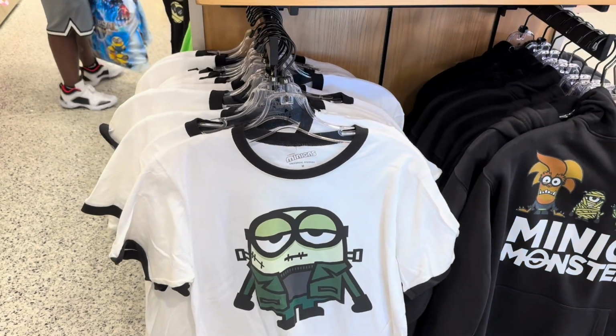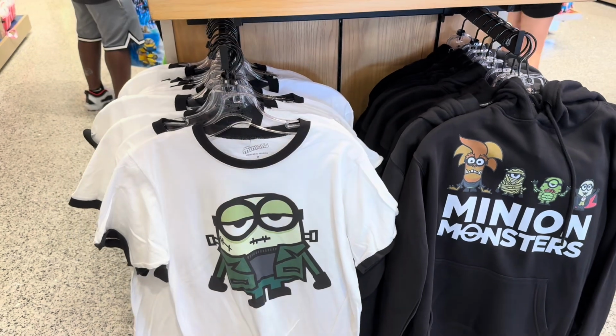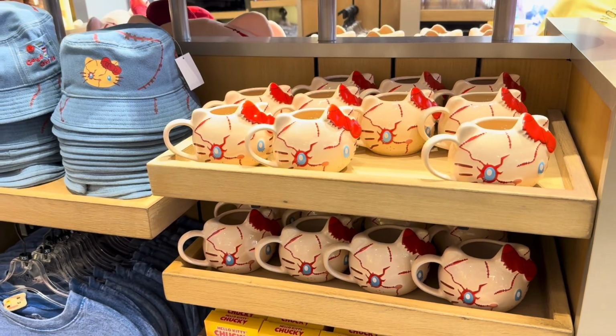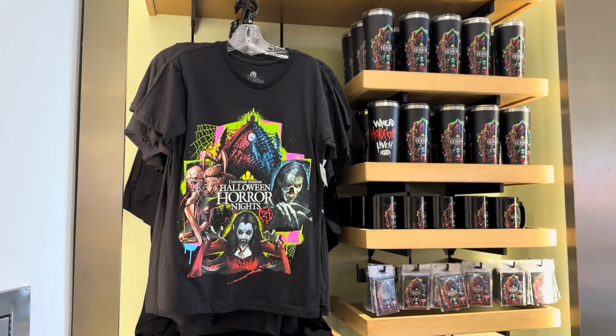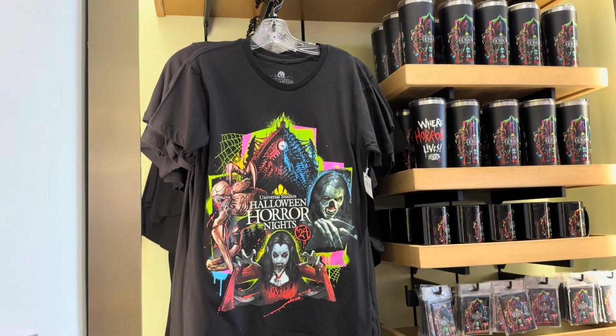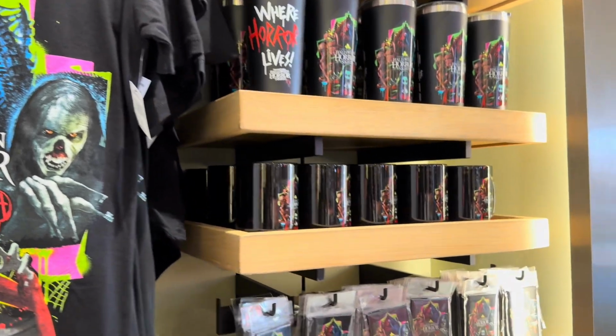one t-shirt of Frankenstein Minion. There's a t-shirt with Minions being the Universal monsters called Minion Monsters. Hello Kitty merchandise themed to Chucky. Another Halloween Horror Nights t-shirt with Otis for $33. There's also a tumbler, Where Horrors Live. There's the mug,